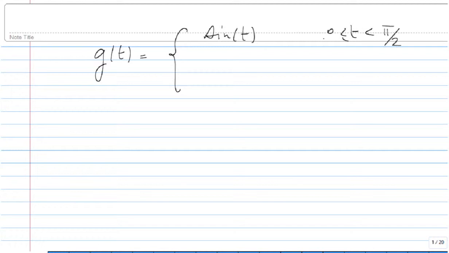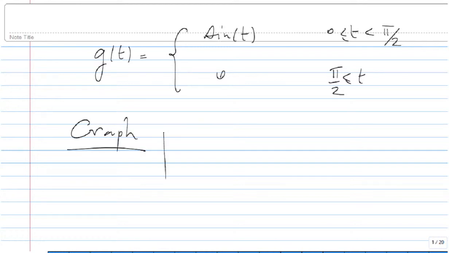So in this problem, we are interested in finding the Laplace transform of the function g of t, defined as a step function: sine of t for t between 0 and pi over 2, and 0 when t is greater than or equal to pi over 2. So if we look at the graph of this function,